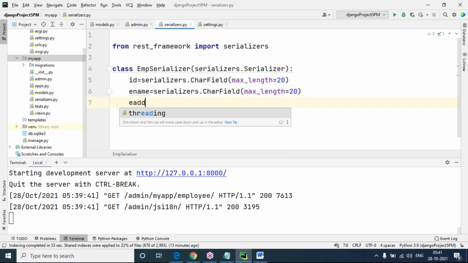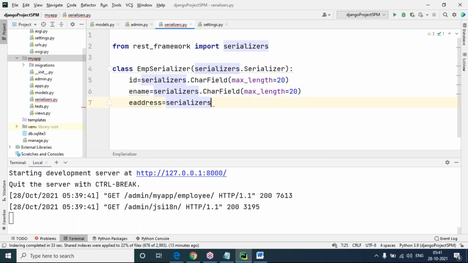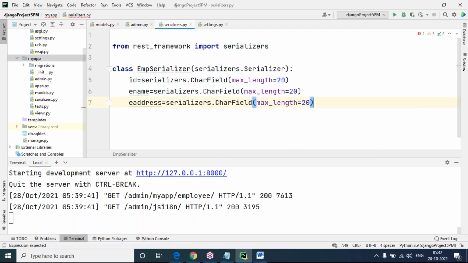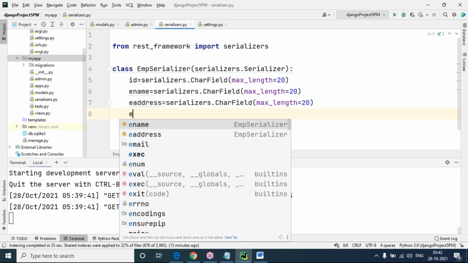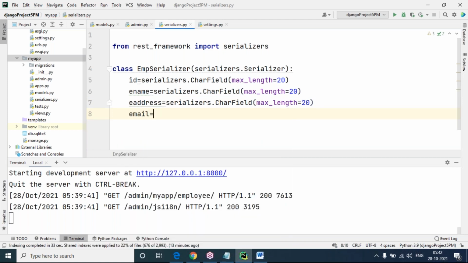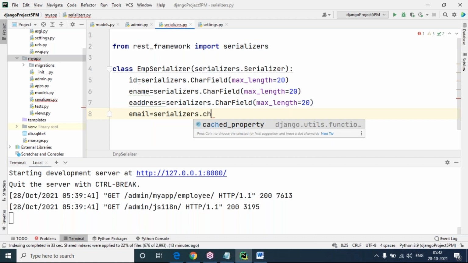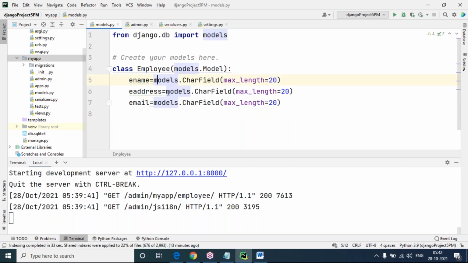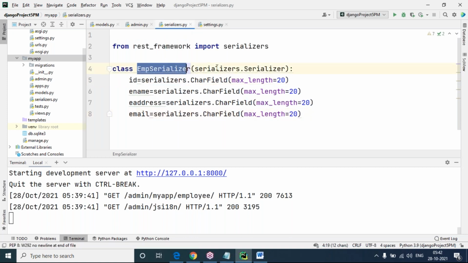Next, eaddress equals serializers.CharField. It's a different approach from the previous one, but with the same purpose. Next, email equals serializers.CharField, or you can also take EmailField, with max length 20. So now observe the model's id, ename, eaddress, email. The same thing I'm maintaining in the EMP serializer class, which is inherited from REST framework.